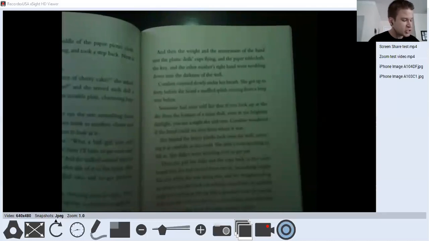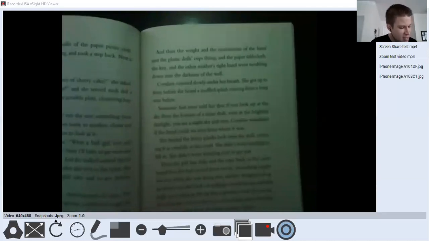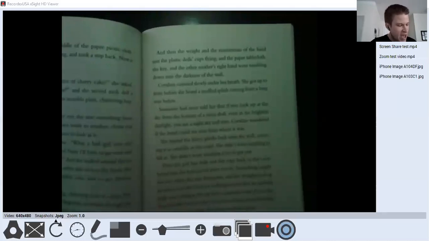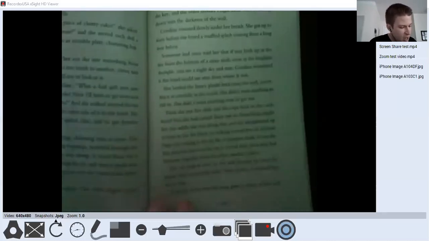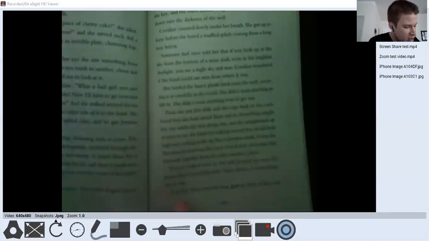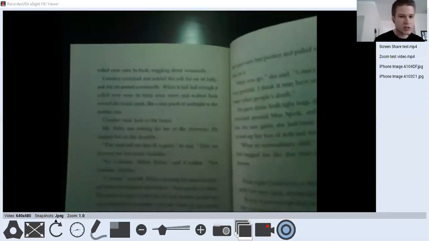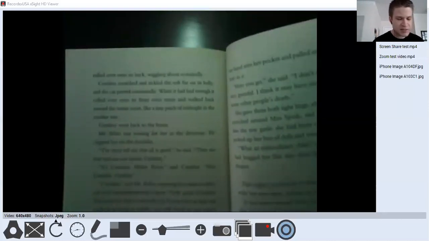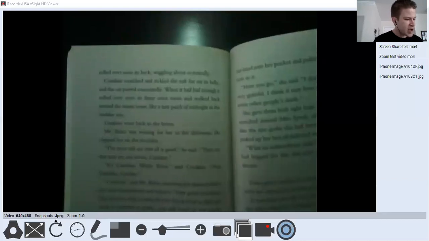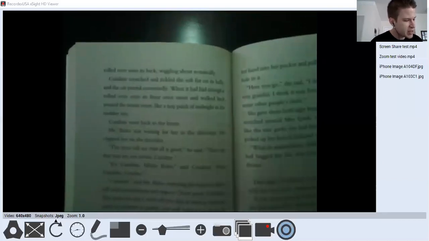It was the first time she had seen the cat in several days, since they had returned together from the other mother's place. The cat walked over to her and jumped up onto the planks that covered the well. Then, slowly, it winked an eye at her. It sprang down into the long grass in front of her and rolled over onto its back, wiggling about ecstatically. Coraline scratched and tickled the soft fur on its belly, and the cat purred contentedly.